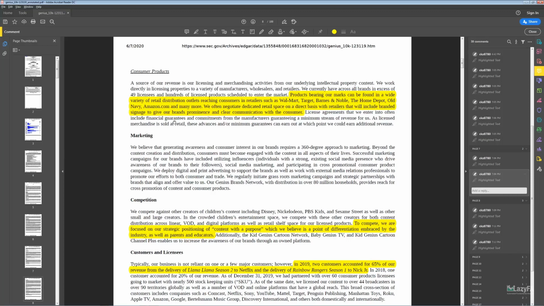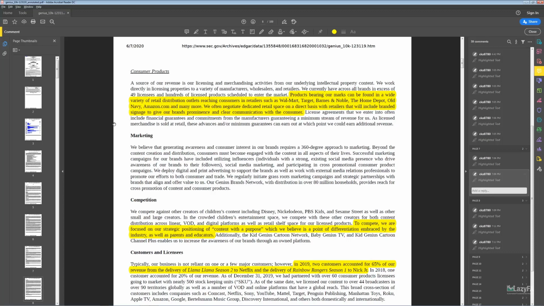Let's see. So what I've done here, by the way, is just gone through and highlighted the stuff that I thought was significant as I was reading through this. So like this is kind of significant, right? Products bearing our mark can be found in a wide variety of retail distribution outlets, reaching consumers in retailers such as Walmart, Target, Barnes & Noble, Home Depot, Amazon, Old Navy. And they often negotiate dedicated retail space that includes branded signage to give our brands prominence and clear communication with